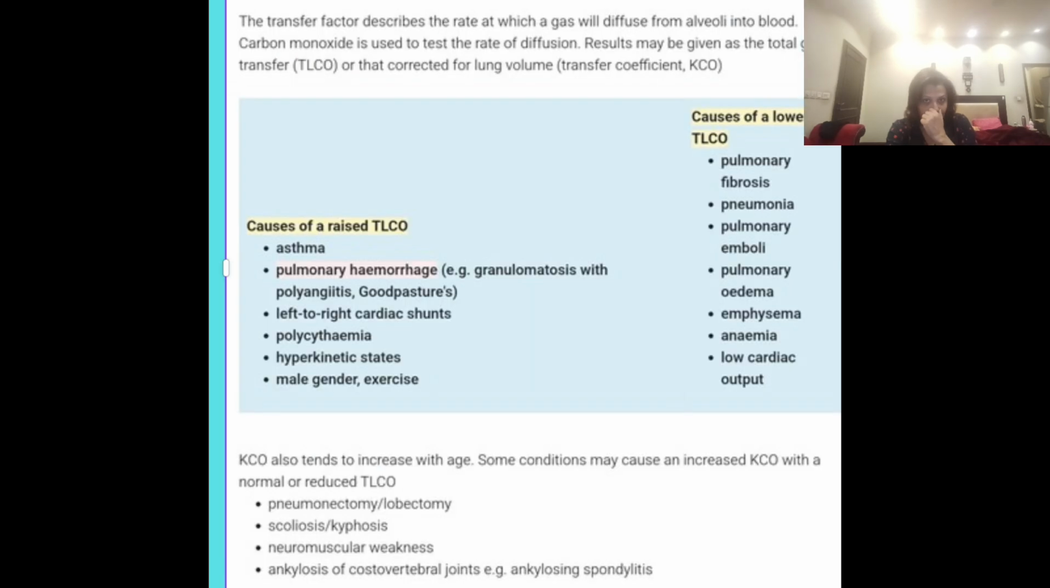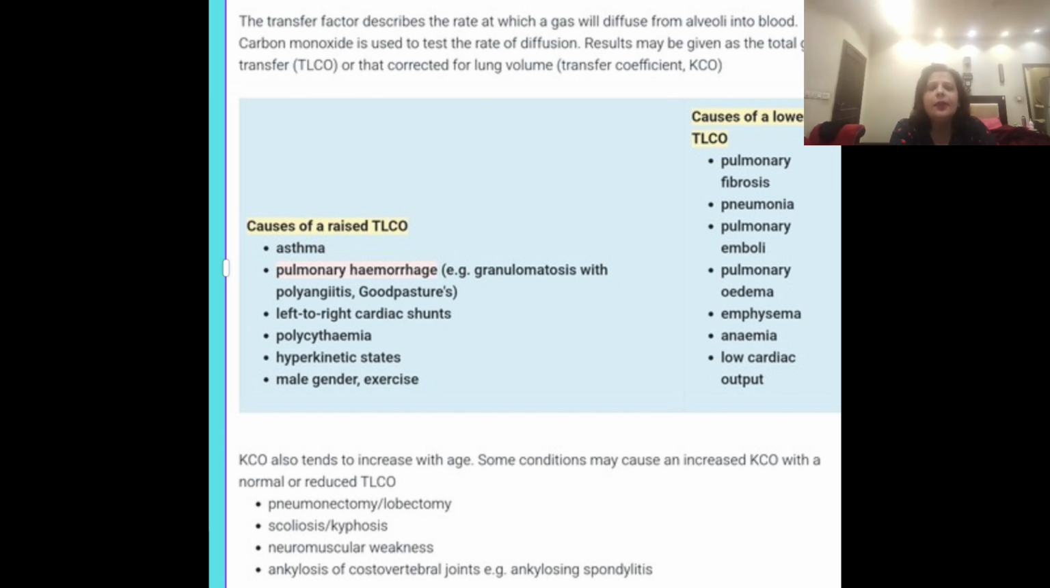Then there is another very favorite question, which is in which condition TLCO is increased, that is, diffusion capacity of carbon monoxide is increased. Of course, when there is polycythemia, increased hemoglobin, there will be more extraction of oxygen from within the alveoli, increasing the diffusion capacity. Second is hemorrhage in the alveoli. When the blood is present directly in the alveoli, obviously there will be no layers in between, so diffusion capacity will be increased. Then in left to right